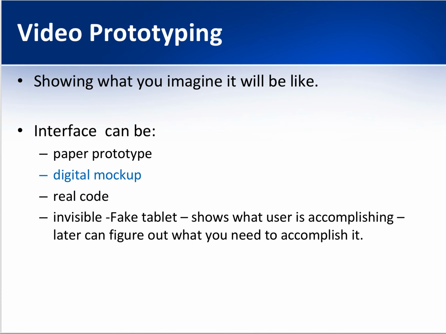So we're showing what we imagine it will be like. We have this interface now, and the interface can be a paper prototype, and you'll see videos and examples. In our case, it's going to be that digital mock-up, like you'll use NinjaMock or Pop Up, and that's what you're going to be using in the videos themselves. It could be real code. It could be invisible, the fake tablet, showing what a user is accomplishing. The way we're going to do it is with the digital software, but you'll see lots of examples of video prototypes,